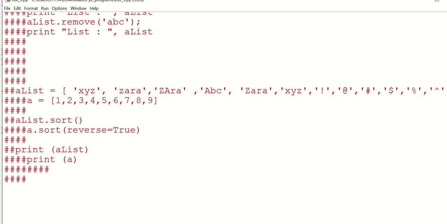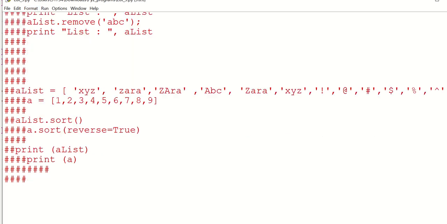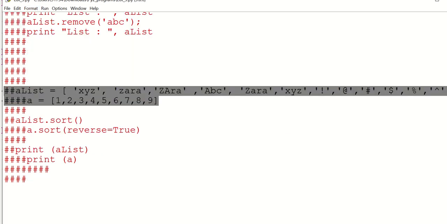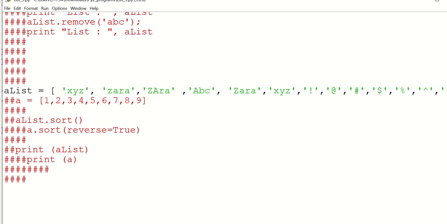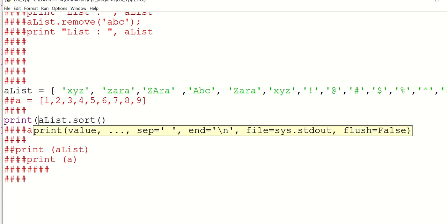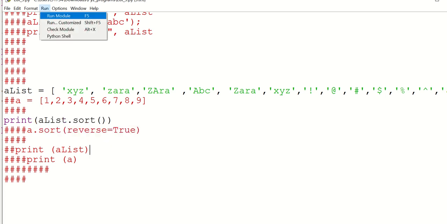Okay, the last one is sort. So if there is a list here, if I use a list dot sort, print a list dot sort, run this.